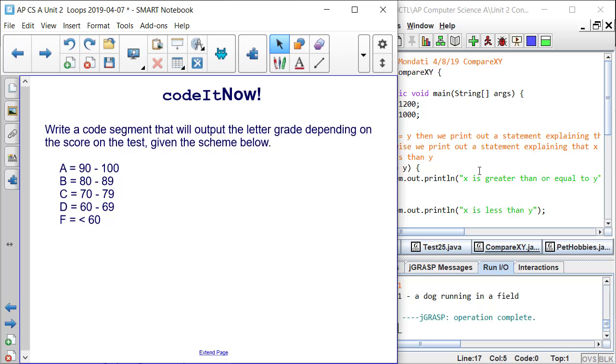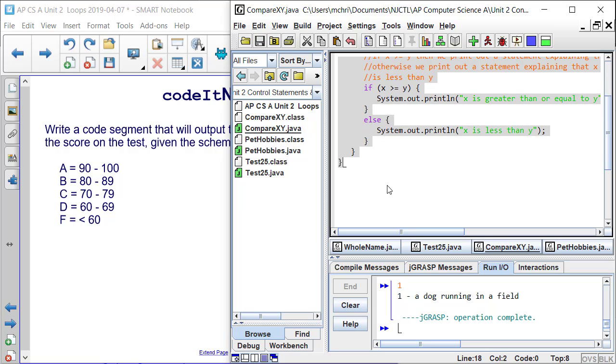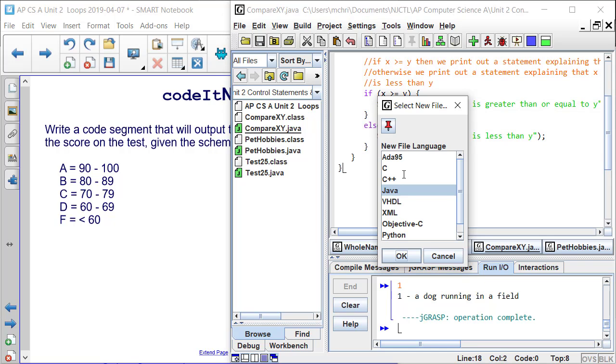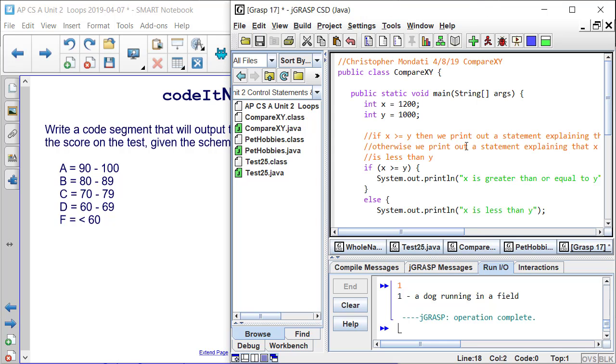All right, so now we can move over to our JGrasp window. And here I have compare XY open, and I'm just going to copy the code for this since it doesn't have a scanner object and we don't really need a scanner object, so there's no point of copying a file that has the scanner import statement. So we're going to do Control-C, Control-N for a new file, hit enter to select Java, Control-V to paste the